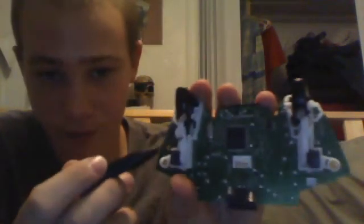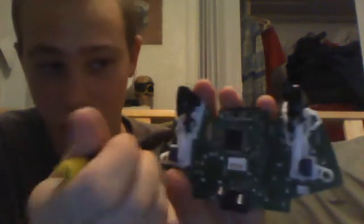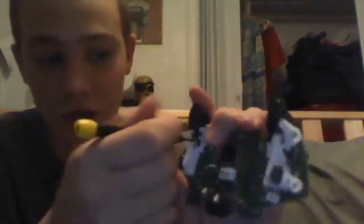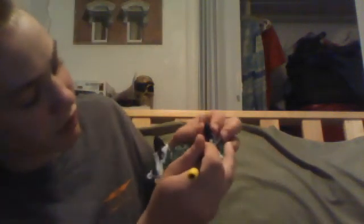So what you're going to do is take your screwdriver and see this little branch right here. You can put your screwdriver on the innermost side of the branch and push to the side. I'm going to show it to you on this one, because I've done this one a lot, so it's a little bit easier. If you push it to the side and push it down a little bit, that little branch,